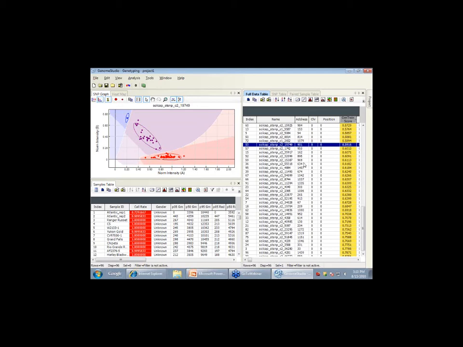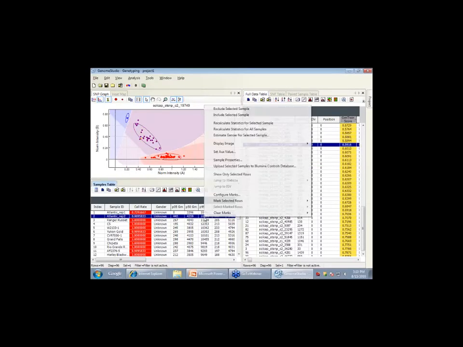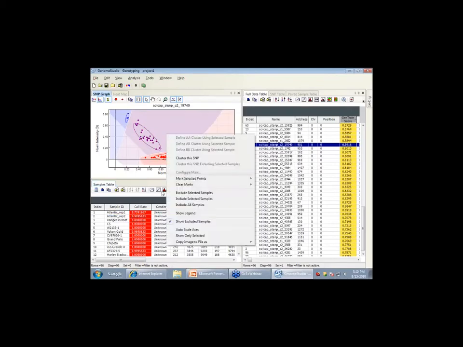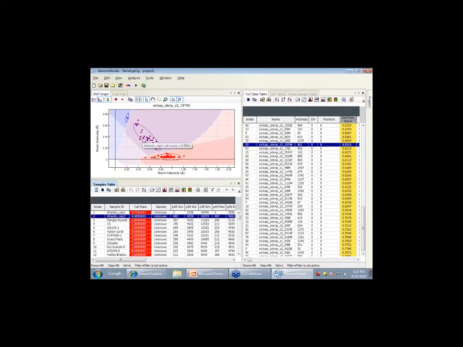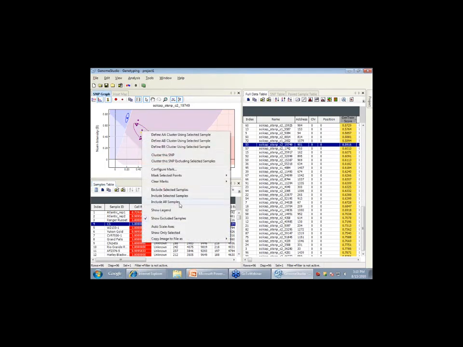So I'm just going to go through the different options that we have here. What's nice about this software is that when you right click, you can get context specific menus. One of the things you can do is choose different colors. Notice here I have one sample highlighted, and the sample that's highlighted is in yellow in this case. I can right click and say